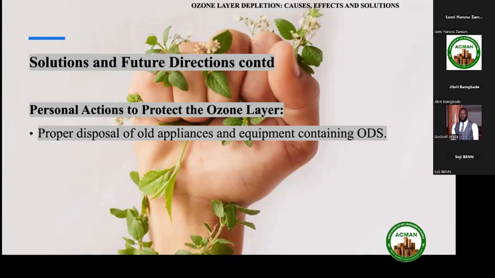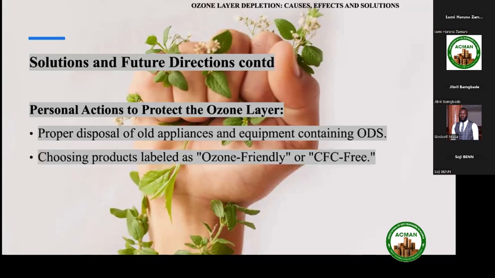Even the cars that are using ACs of old generation models have some of these ozone depleting substances. Choosing products labeled as ozone friendly or CFC free. If you're going to the supermarket, you want to buy a hairspray or deodorants, depending on whatever aerosol or refrigerants you want to use.